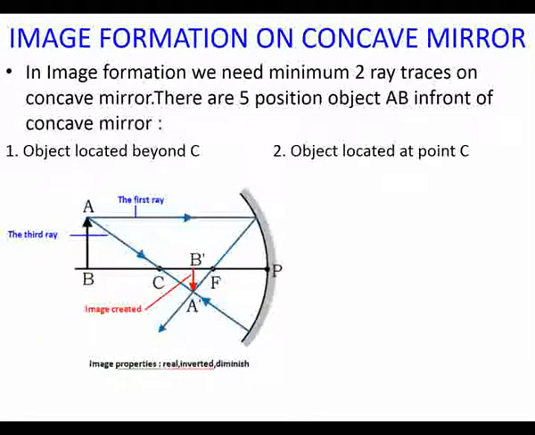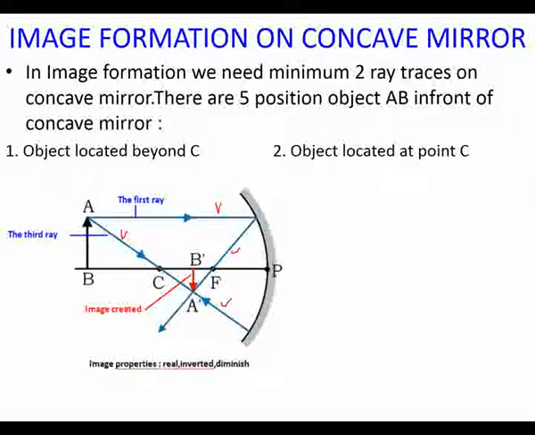The first position, object located beyond C. As we can see from the figure, from object AB, the first ray comes parallel with the principal axis and will be reflected through point F. And the third ray that comes to point C will be reflected through point C too. But here, we can see the two reflected rays intersect